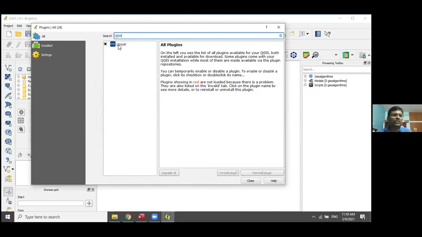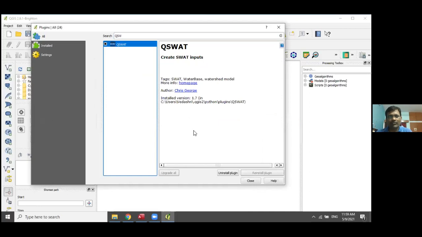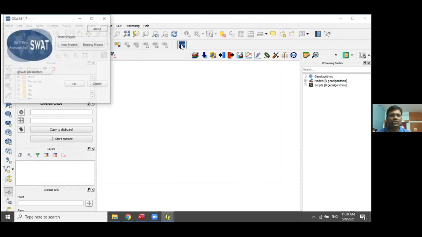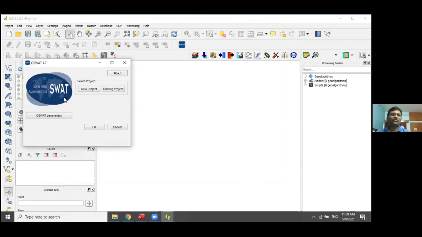If it is not installed, then you have to install it. Here there will be the option to uninstall plugin or reinstall plugin. Because I have already installed the plugin, it is showing. It will be shown here in the QGIS software, so you can click on QSWAT. This is the main interface of the QSWAT.